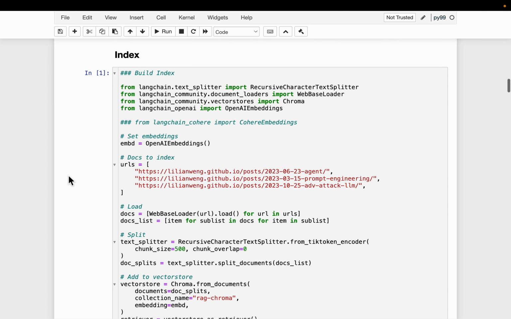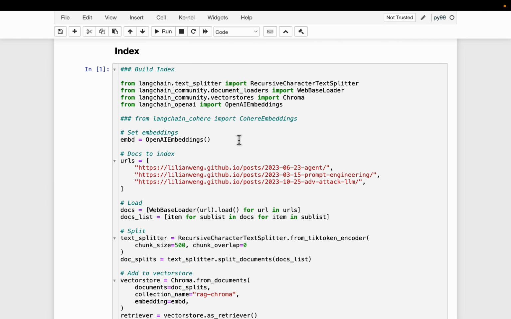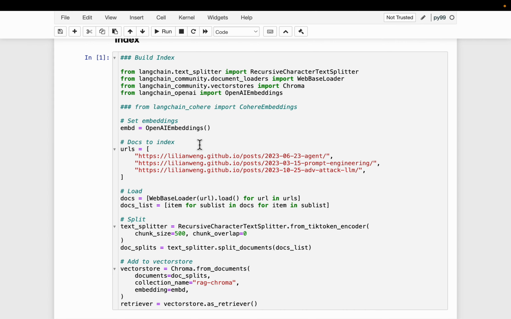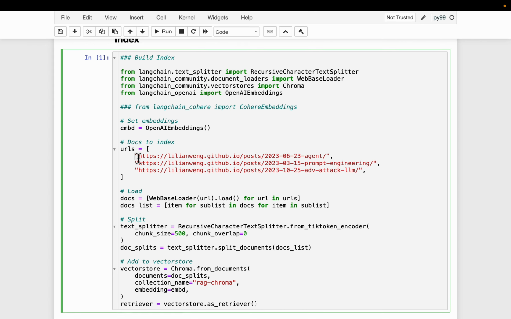Let's go ahead. The standard RAG, I'll go a bit faster because otherwise the video becomes too long, and I have covered RAG in multiple previous videos. First we need some documents. Here we have some blog posts on AI agents, prompt engineering, some adversarial attacks, etc. These three are going to serve as our knowledge repository.